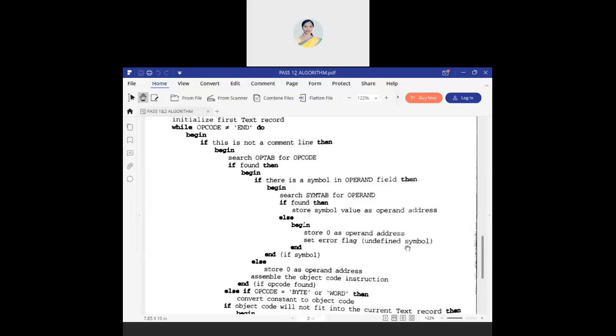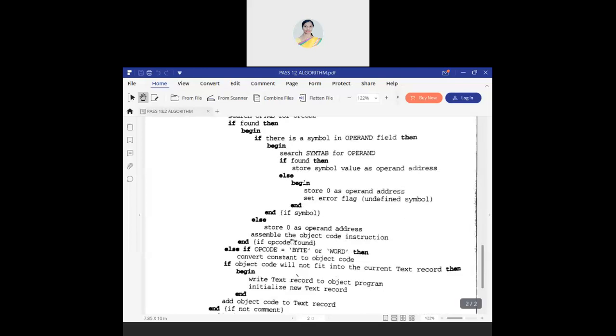What do you mean by undefined symbol? I have not declared a variable count, but I am using count equal to a plus b. So it shows me error, no? Syntax error, the variable is not declared. So that's what here. Undefined symbol. Else store 0 as operand address.